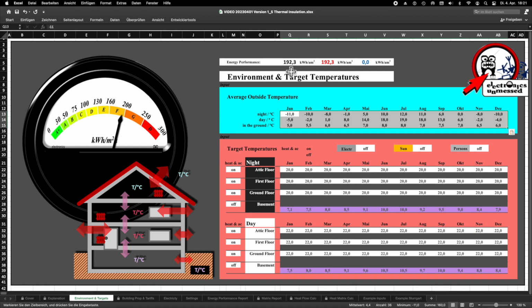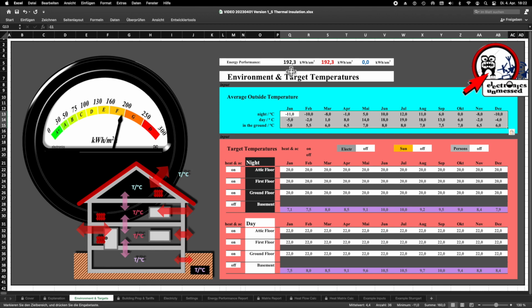That's really too much. If we roughly estimate the energy cost from this, then that would be about 192 kilowatt hours by 300 square meters by 10 cents per kilowatt hour, which would result in $5,780 per year just for the heating energy.